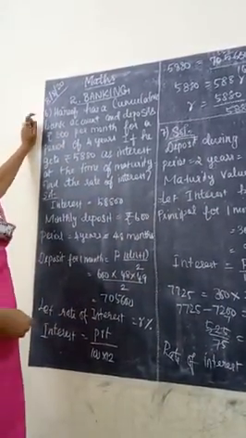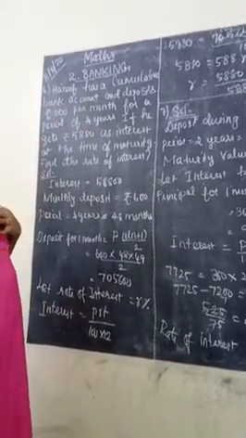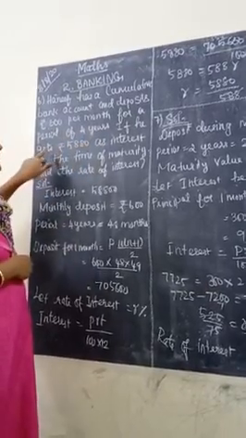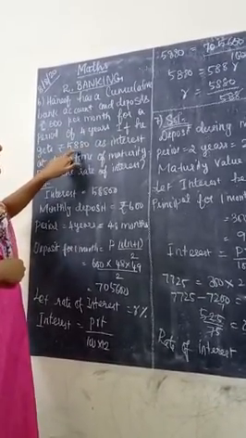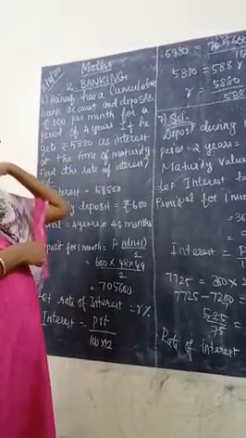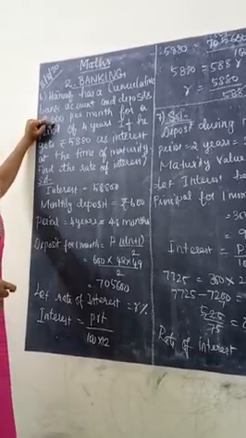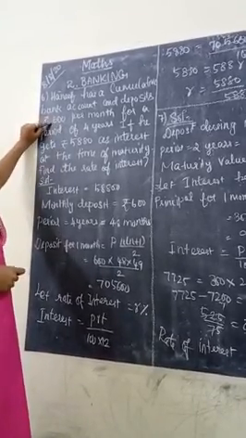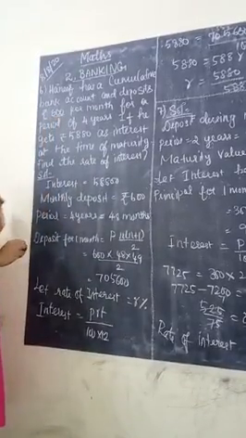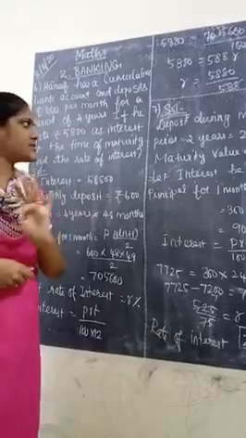Sixth question: Hanif has a cumulative bank account and deposits rupees 600 per month for a period of 4 years. If he gets rupees 5,880 as interest at the time of maturity, find the rate of interest. So listen, in this question, the monthly payment is 600. It is based on the previous video's continuity. Monthly payment is 600. How many years? 4 years. He has to pay for 4 years.